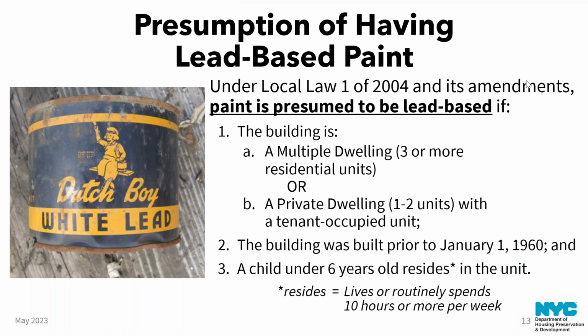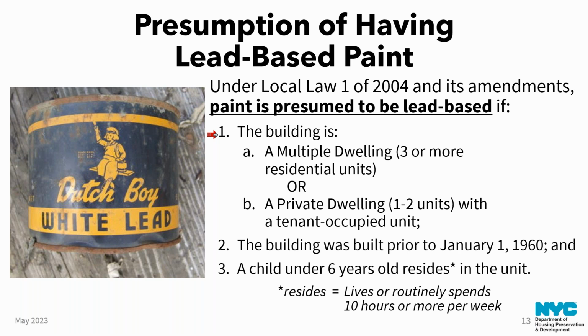So under New York City's lead law, Local Law 1 of 2004, we have a very important concept to understand, which is the presumption of having lead-based paint. What this concept means is that lead-based paint is so dangerous and it's so important to protect New York City residents from lead poisoning that the law presumes or assumes that paint is lead when certain conditions are met. So even if the paint can't be tested or hasn't been tested, rather, the law requires HPD and requires building owners to assume that it's lead if, I'm going to go to point 2 here first, the building was built prior to January 1st, 1960, and the building is really anything other than a private dwelling where only the owner